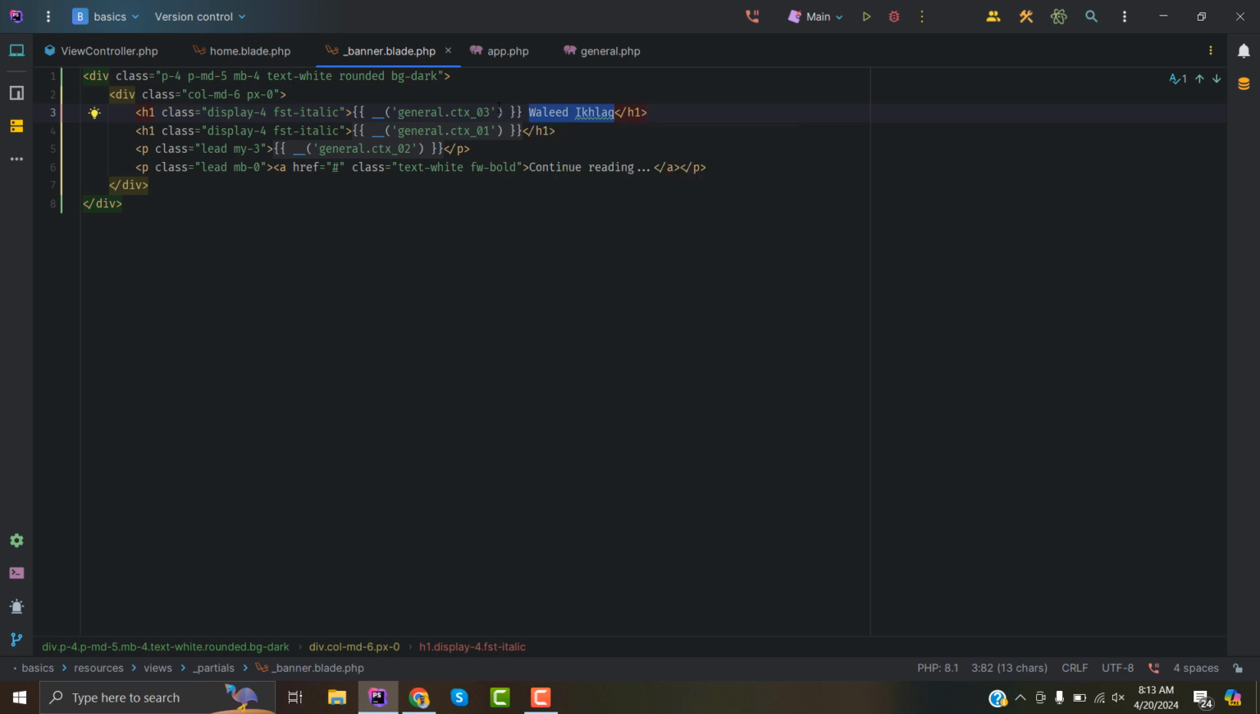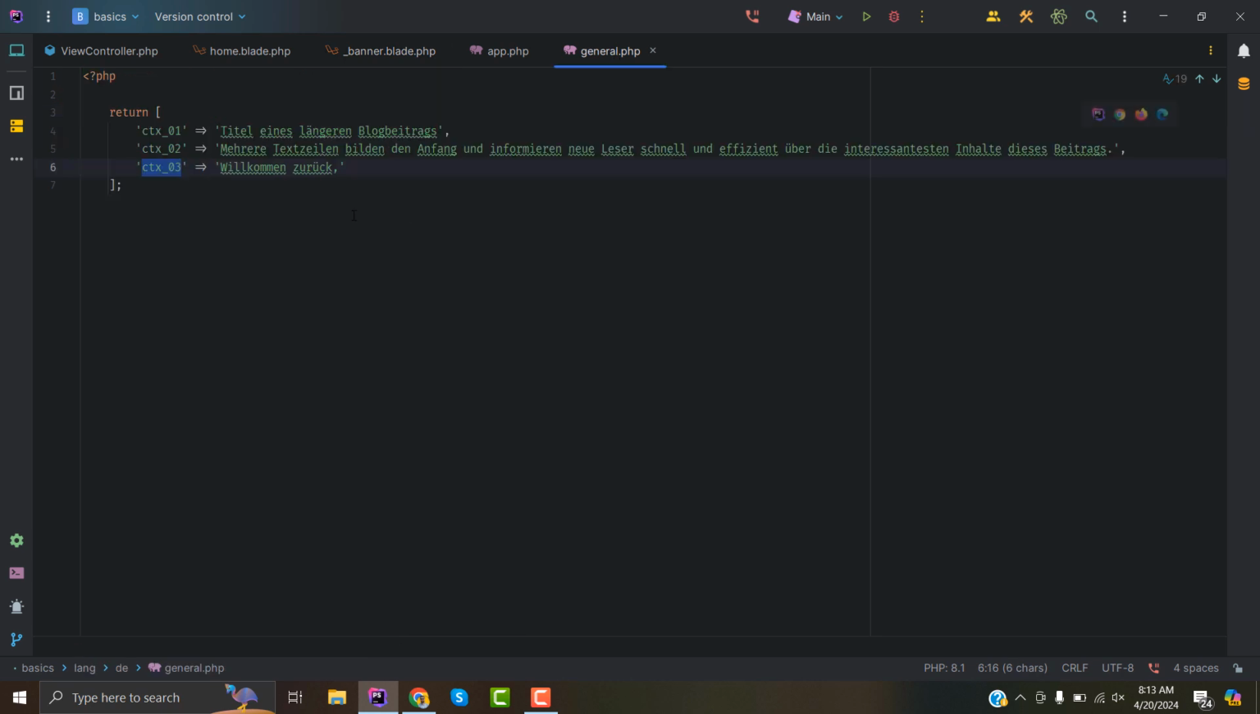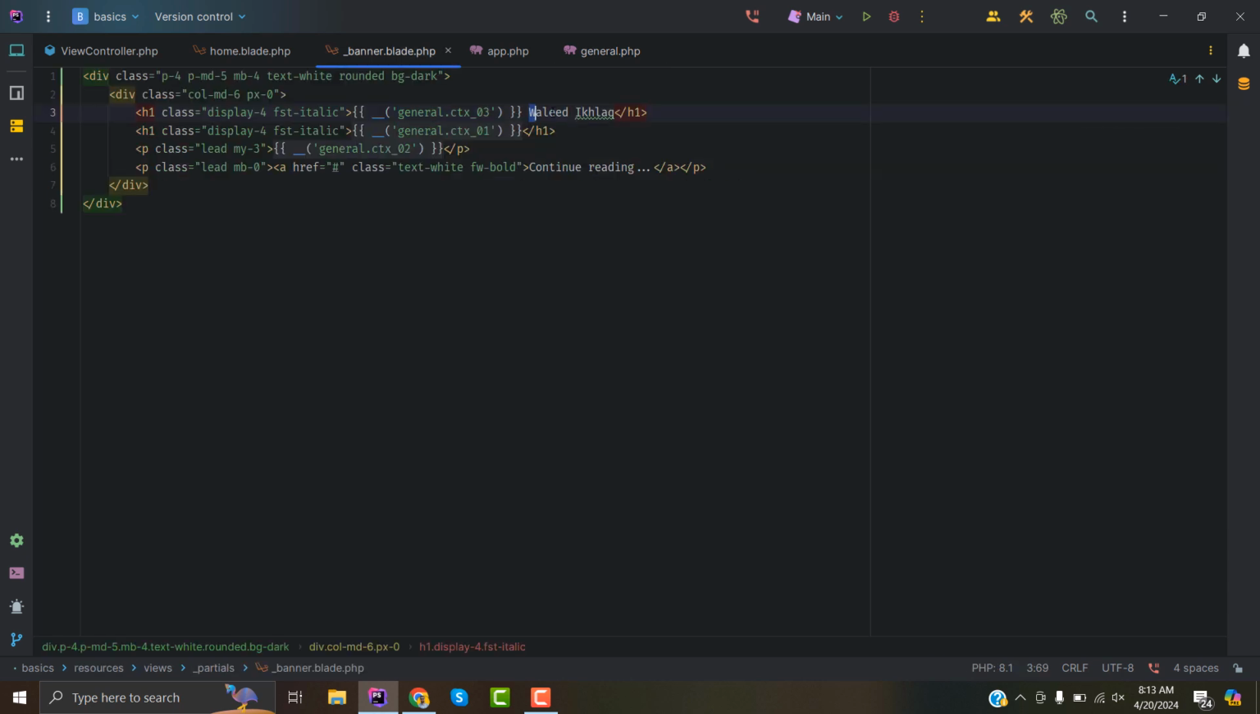All I want is basically to pass the input to this translation key. All I can do is, inside our general file, accept a name here, like so. And by doing so, I can remove this thing from here, my name, cut it from here and just pass it as a variable